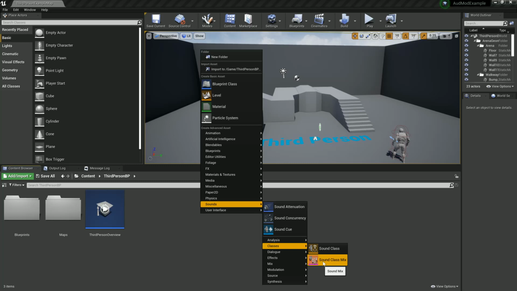Anyway, so the audio modulation system attempts to sort of free you from the hierarchical graph. That's the main goal. And what it does instead is a matrix. And what this allows you to do is to create, say, control buses that are categorized in any way that you want. And you can set it up so it can be very simple and straightforward, where a sound has a one-to-one relationship with its control bus, its classification,